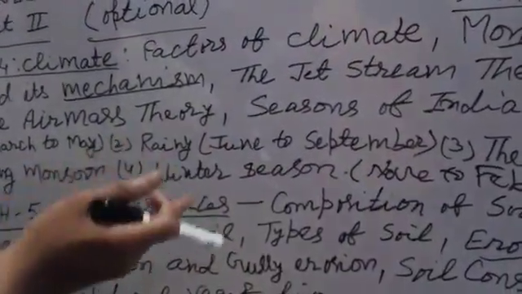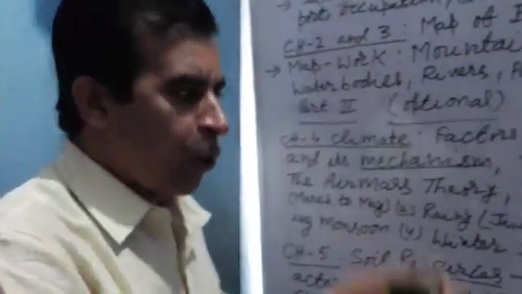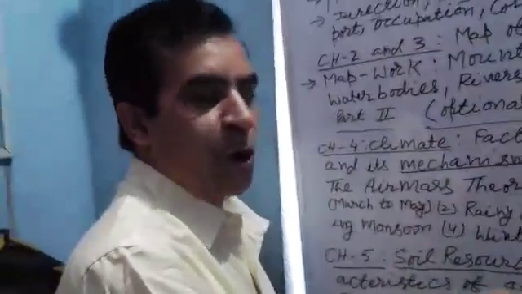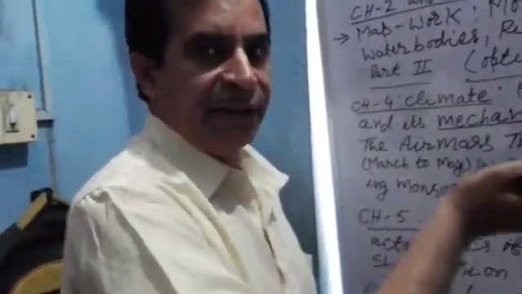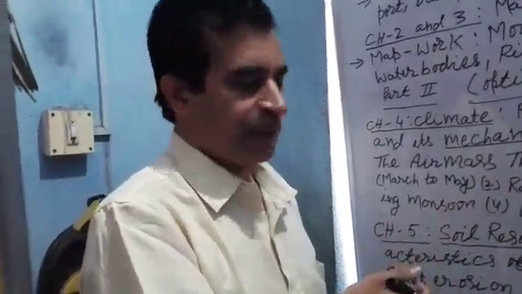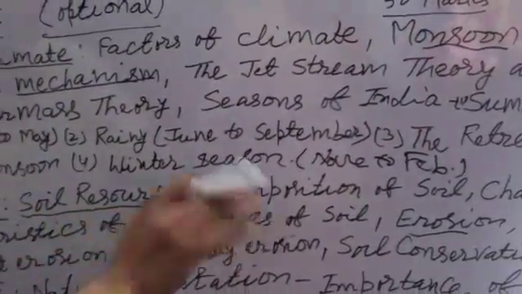Retreating monsoon. In this season, September to November, the low pressure belt replaces the high pressure belt, and the wind blows from land to sea, and low pressure develops in the Bay of Bengal, and the development of tropical cyclones affects the coast of West Bengal, Andhra Pradesh, Tamil Nadu. Clear? Next, winter season. Winter season develops from November to February.